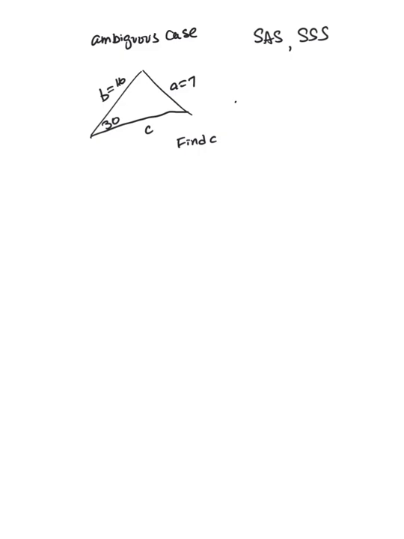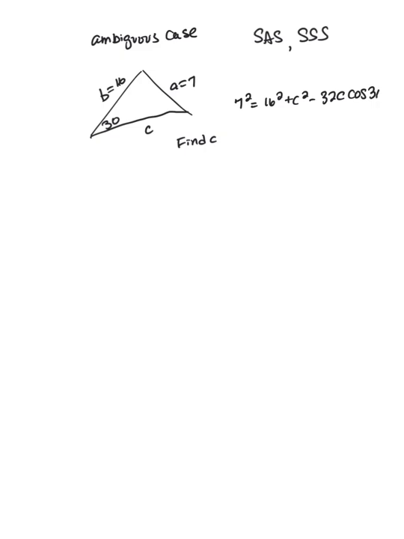Okay, so since 7 is the side that the angle's not between, I'm going to do the formula as 7 squared is 16 squared plus c squared minus 2 times 16, or 32, times c times cosine